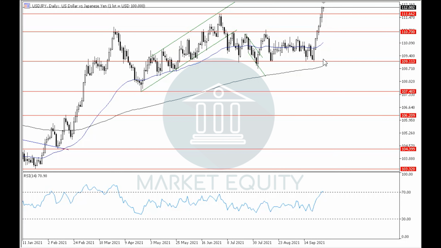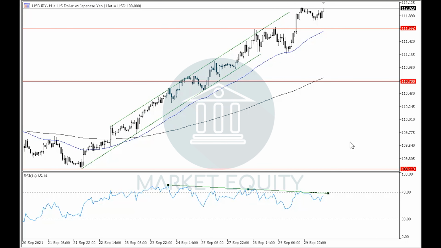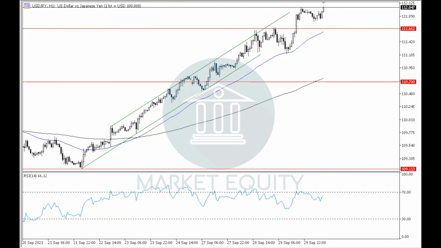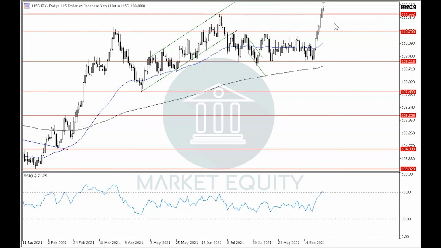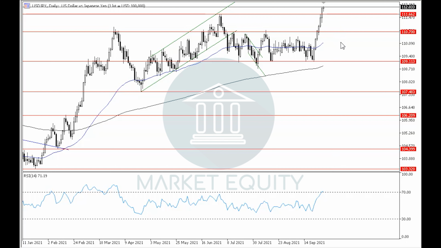the current uptrend. If we notice the RSI indicator in the 1-hour time frame, then we can see that the RSI indicator has formed a negative divergence, which further supports the probability of seeing a downwards correctional movement soon either by rebounding downwards off of around the current levels or off of around level 112.40, which, like we said, will continue to retest around level 110.95 before continuing with the uptrend. That was it for the US dollar versus the Japanese yen.